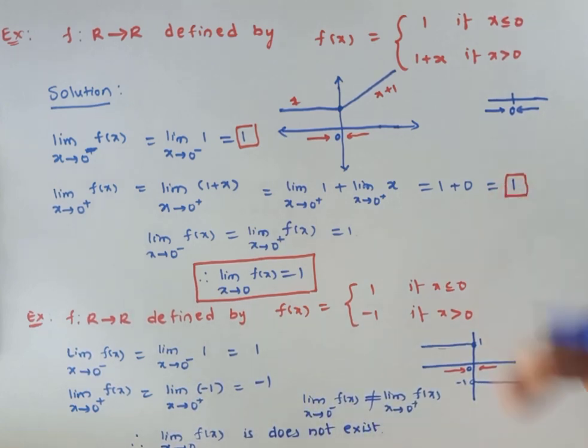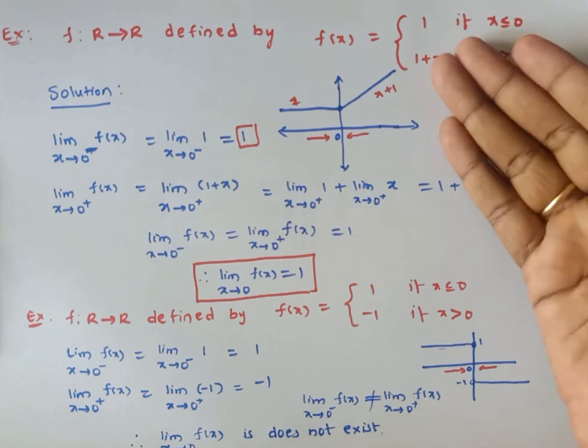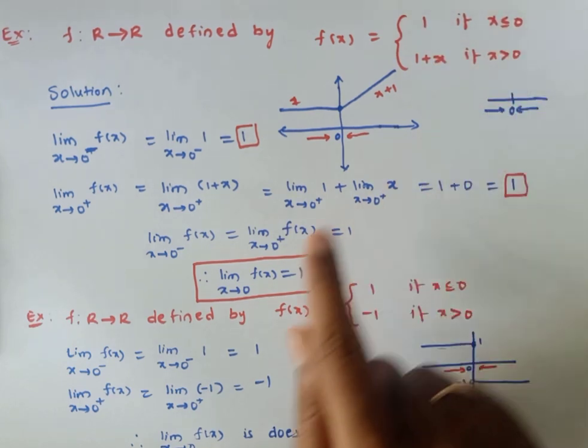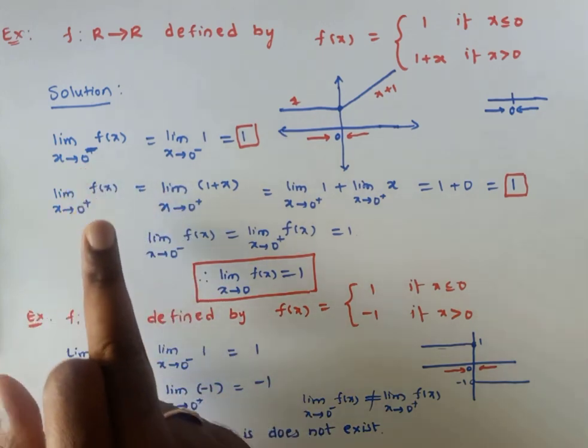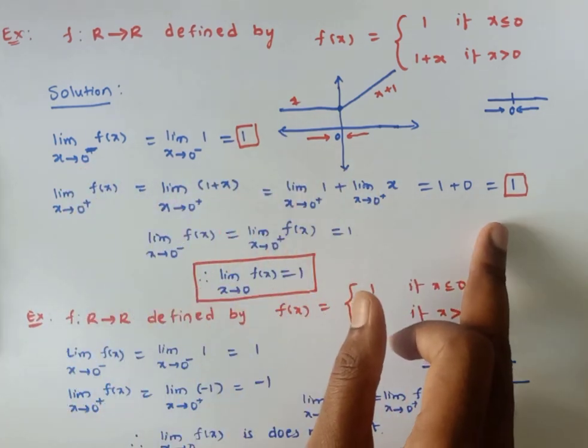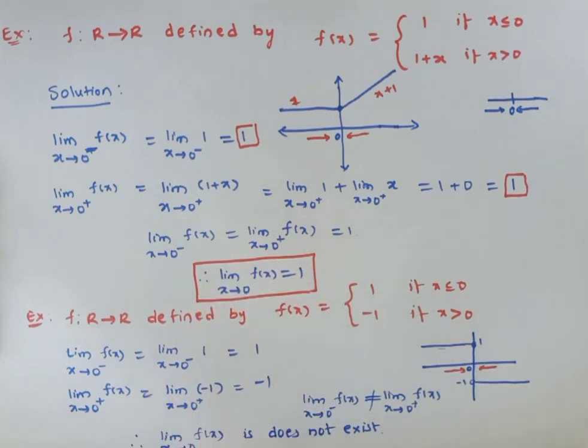So you can observe the concept of limit using these two examples. Here I checked at 0, and here also I checked at 0. Here the limit exists at 0, because the left hand limit and right hand limit both exist and they are equal. Therefore the limit x tends to 0 f of x is 1. In the second example, individually both the limits exist but they are not equal. Therefore limit x tends to 0 f of x does not exist. Now it is clear when a limit exists. For a limit to exist at a particular point, it is compulsory that both the left hand limit and right hand limit exist.